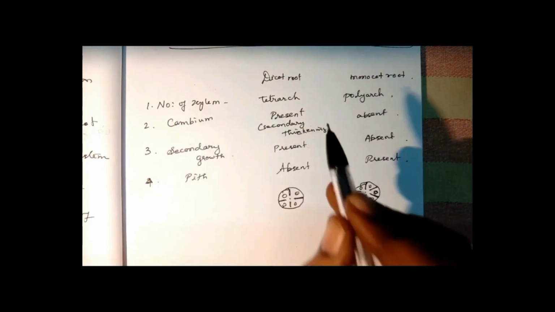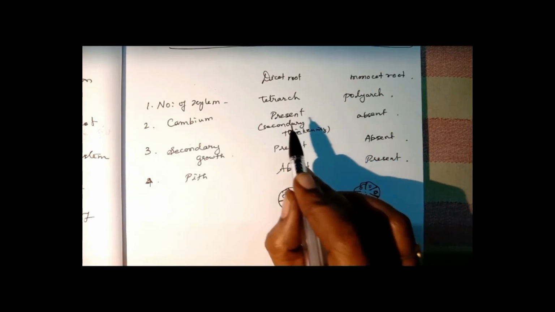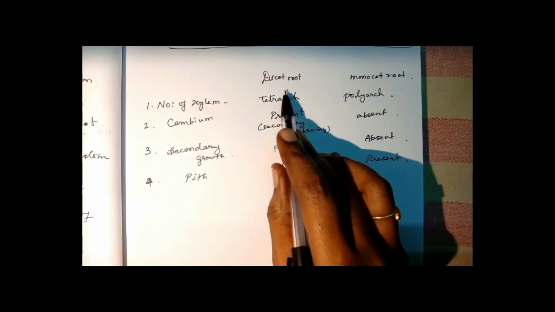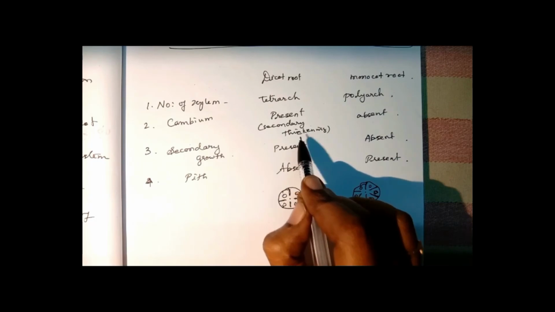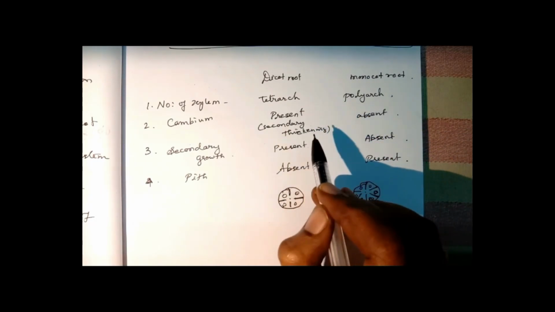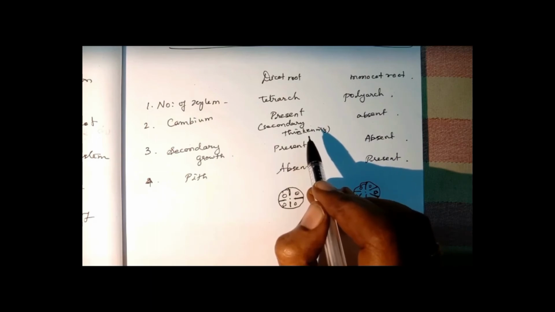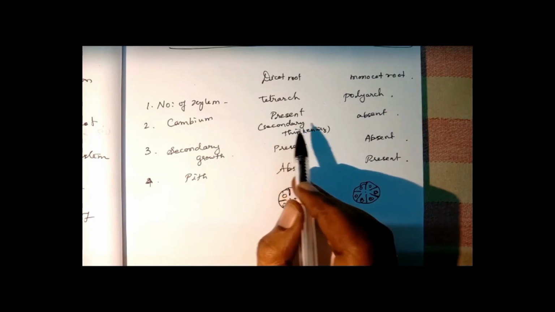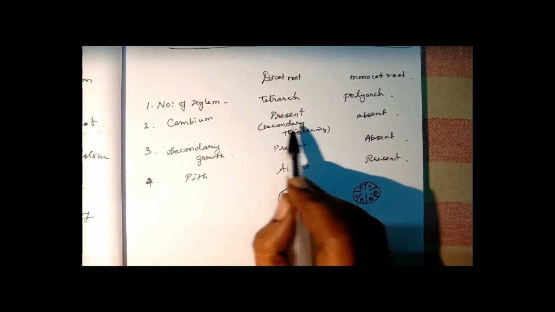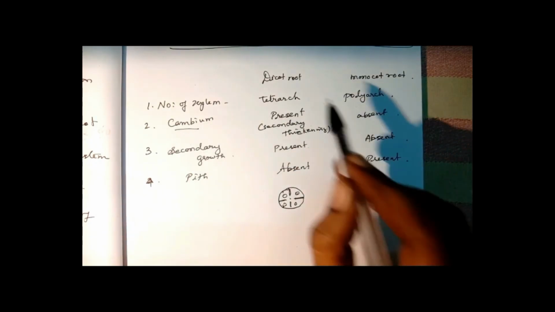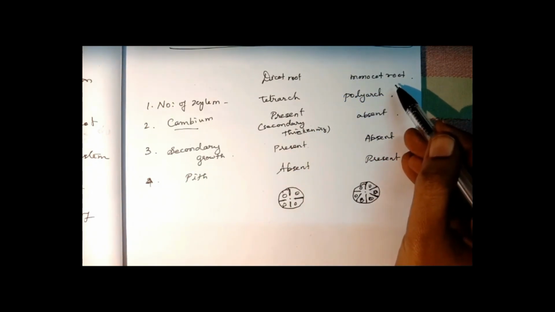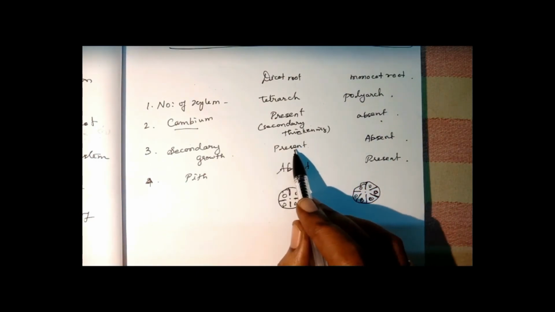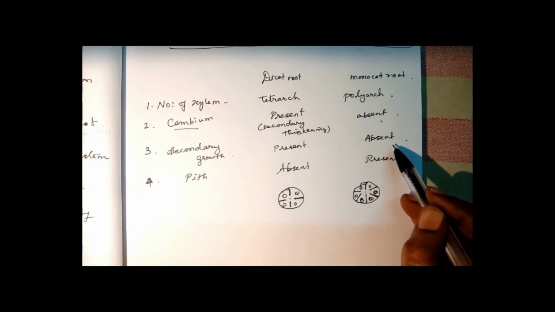Cambium. Cambium is present in the dicot only, and it is seen only during the secondary thickening. Dicot roots are perennials, they live for many years. So during their lifetime, widening will be taking place. The width will be increasing by the accumulation of more cells in the secondary thickening. And during that time, cambium will be formed. It is present in the dicot root, whereas it is absent in the monocot root. Secondary growth is present in dicot root and it is absent in monocot root.